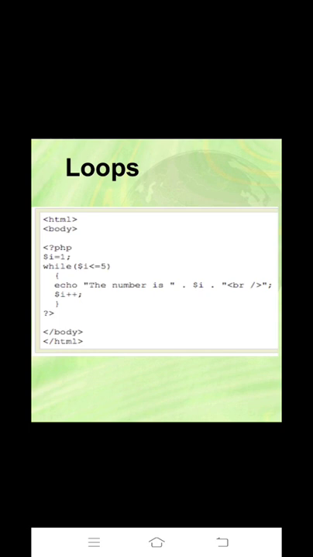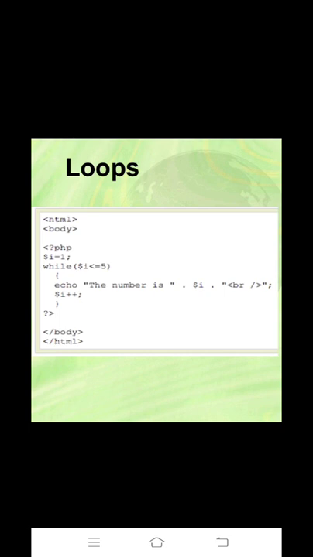Simply initialize the I value to 2, then in the while statement, I less than or equal to 10. The echo statement is the same. After that, $I plus plus is there, no? Just change it to I equal to I plus 2 in place of I plus plus, then you will get the numbers 2, 4, 6, 8, 10.